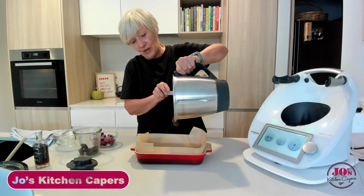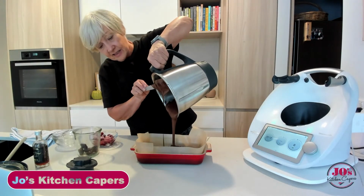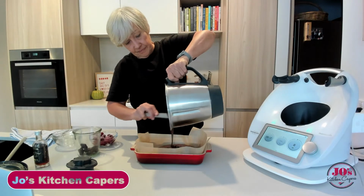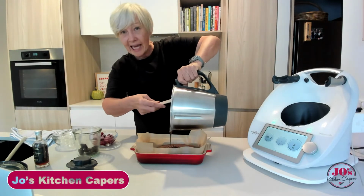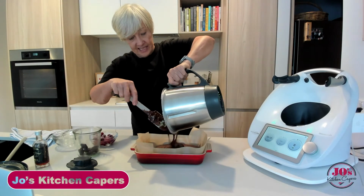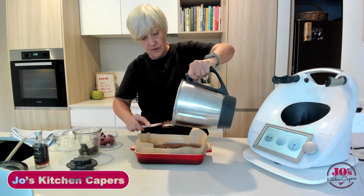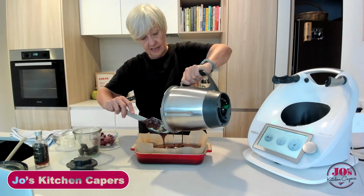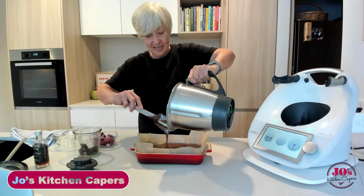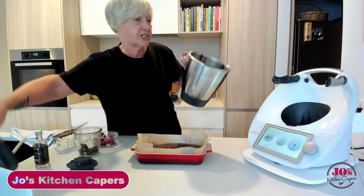So here we go. Here is that beautiful brownie. Look at that. Going in. Gosh, I wish we had smell cam because it is smelling fantastic. Now also, for all you guys who have got a Thermomix out there, and I know there are a couple,